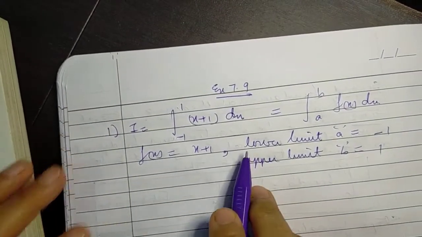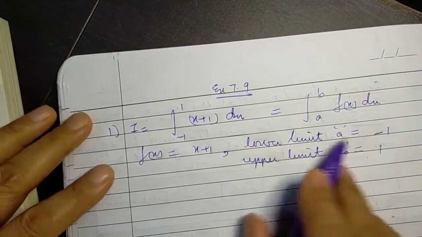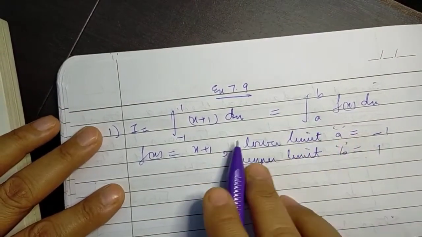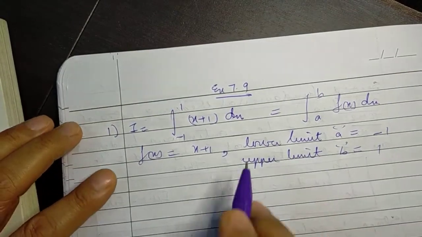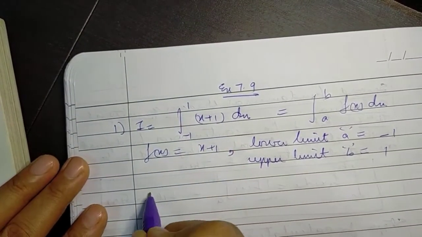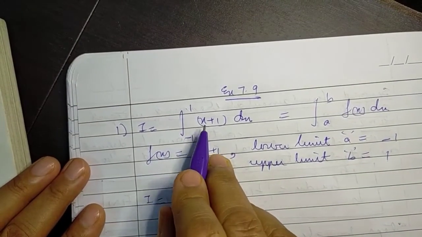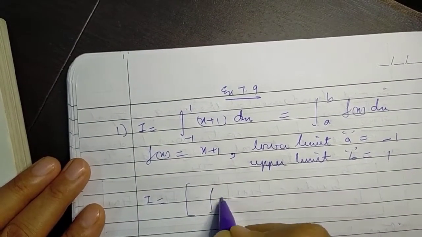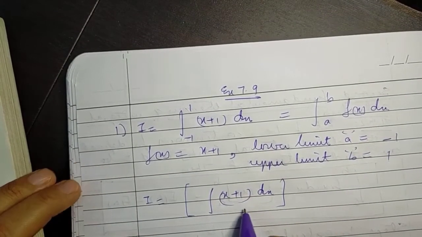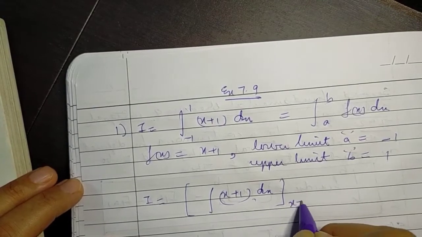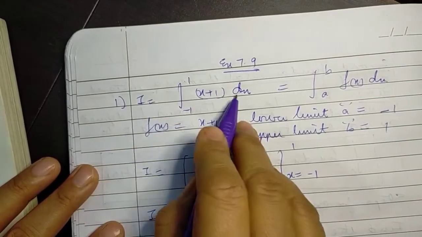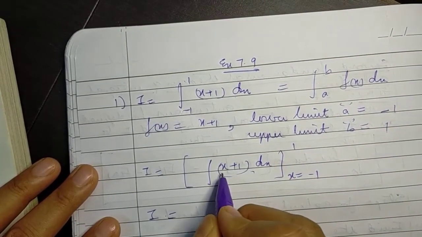Here I am writing it just for your understanding, but in the questions you don't have to write it down and show that this is the integrand, this is the lower limit and upper limit. You simply start solving. So the first step involved is solving the integral. Again, you don't have to specify that you will find the indefinite integral and then apply x equal to -1 to 1. But actually what we do is, we get the question, we directly write it as,